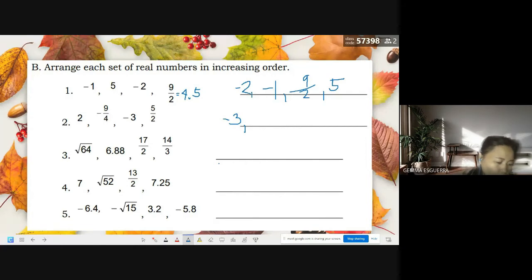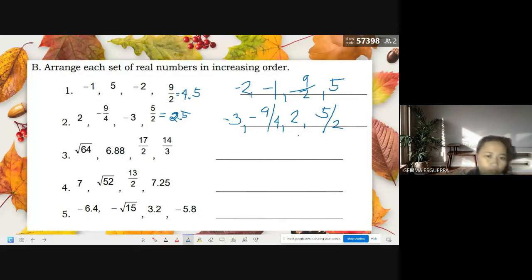Okay, what is 5 over 2? Bali-baliktad yung sagot nyo. 2.5. Ito, si Kurt, nakita ko, tama yung sagot niya. Negative 9 over 4. Hindi din. Baliktad rin pala yung sagot. Wala pa akong nakita. Okay, Seneriza, it should be negative 3, negative 9 over 4. And then, ang 2 po is mas maliit siya kaysa 5 over 2, because 5 over 2 is equal to 2.5. Tama po ba ako? So, mas malaki po si 5 over 2 kay 2.